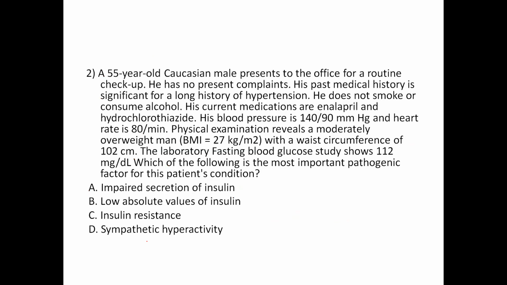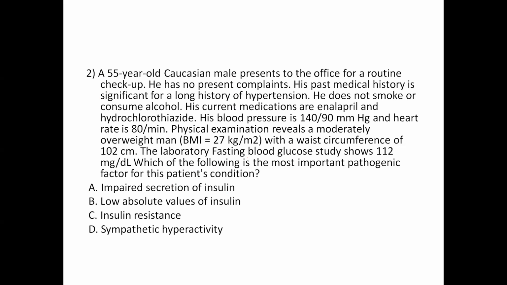So the second question is, a 55-year-old Caucasian male presents to the office for a routine checkup. He has no present complaint. His past medical history is significant for a long history of hypertension. He doesn't smoke or consume alcohol. His current medications are enalapril and hydrochlorothiazide or HCT. His blood pressure is 140 by 90 millimeters of mercury, and heart rate is 18 beats per minute. Physical examination reveals a moderately overweight man, BMI greater than 27 kilograms per meter squared, with a waist circumference of 102 centimeters. The laboratory fasting blood sugar studies show 112